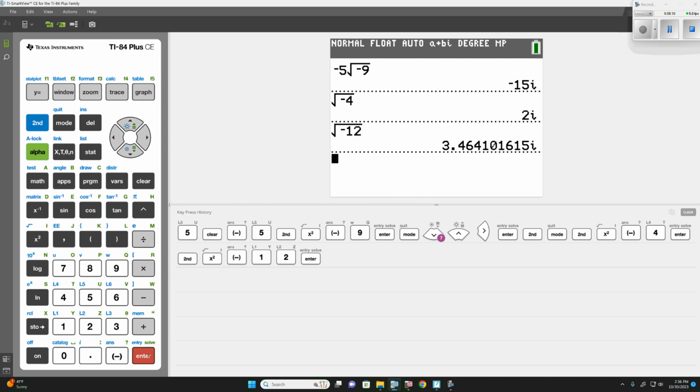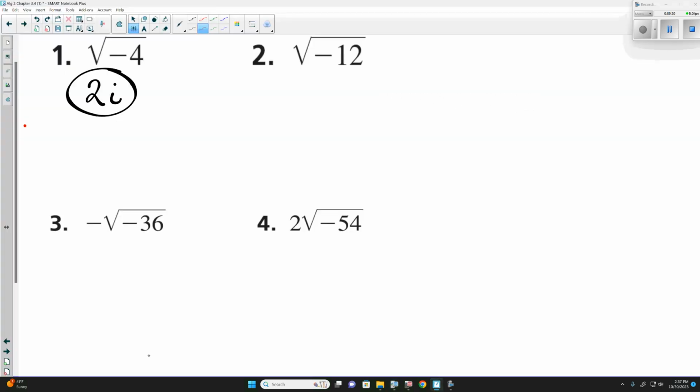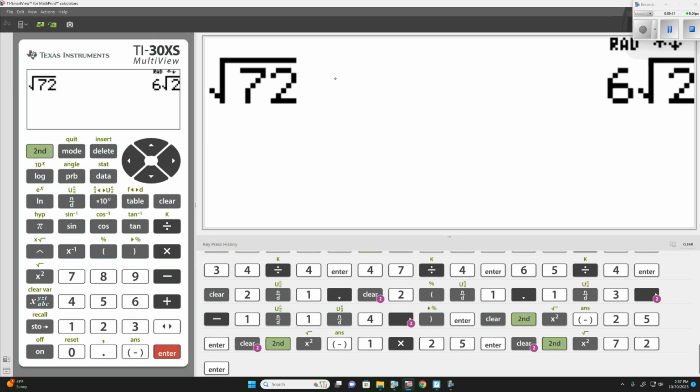Yeah, I got that. Is 12 a perfect square? No. The last two we did, 4, is it a perfect square? Is 9 a perfect square? Yeah. So it came out nice. The graphing calculator is always going to give us the decimal approximation of radicals, not the one we want. So here, we do know the negative is going to come out as i, leaving us with what? The square root of 12. In that case,